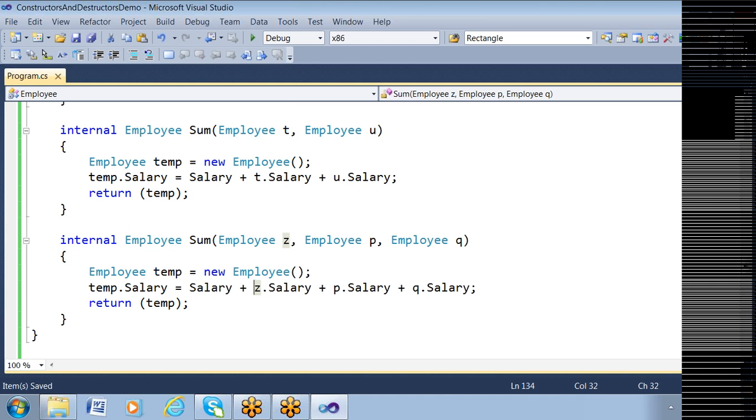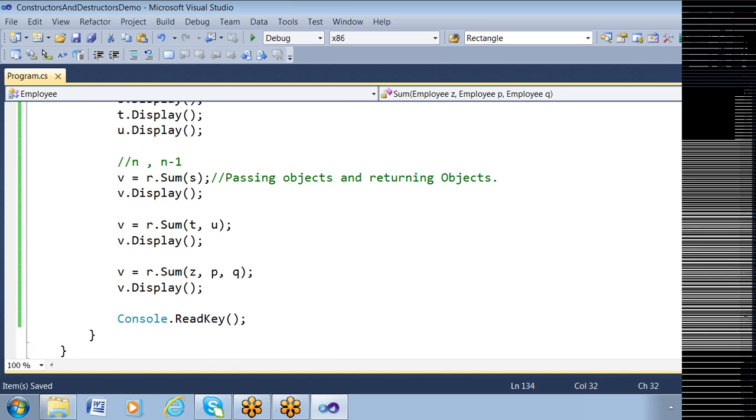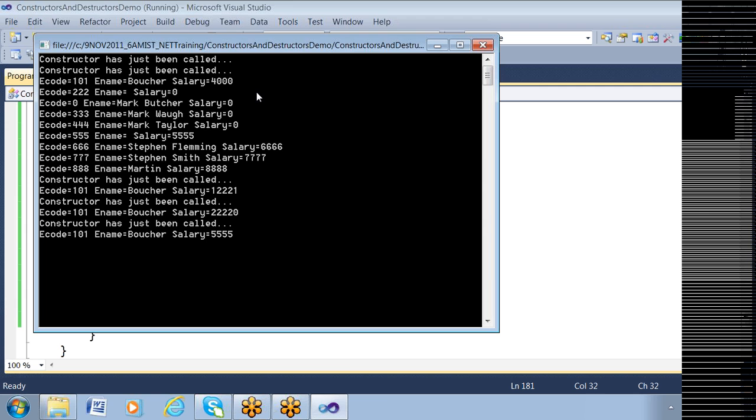So in this case, we are working with 4 objects, Z, P, Q, and of course the default object is R. So we are adding the salaries of 4 different people. Every time I want to add a new person's salary, we are almost overloading the function. So this is 1 parameter, 2 parameters, 3, like this. It's a never-ending process. So if I say run, I can see